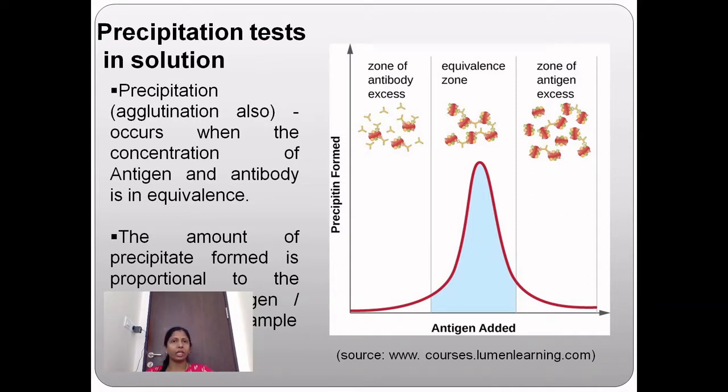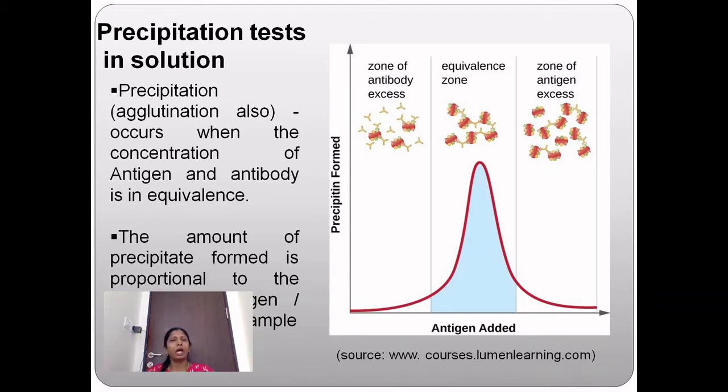The experiment also can be performed keeping the concentration of antibody constant and adding increasing concentrations of antigens to the tubes. By using a known set of standards with known quantities of either antigen or antibody and measuring the amount of precipitate formed, a standard graph can be generated, and using this standard graph, the quantity of antigen or antibody in given unknown samples can be estimated.